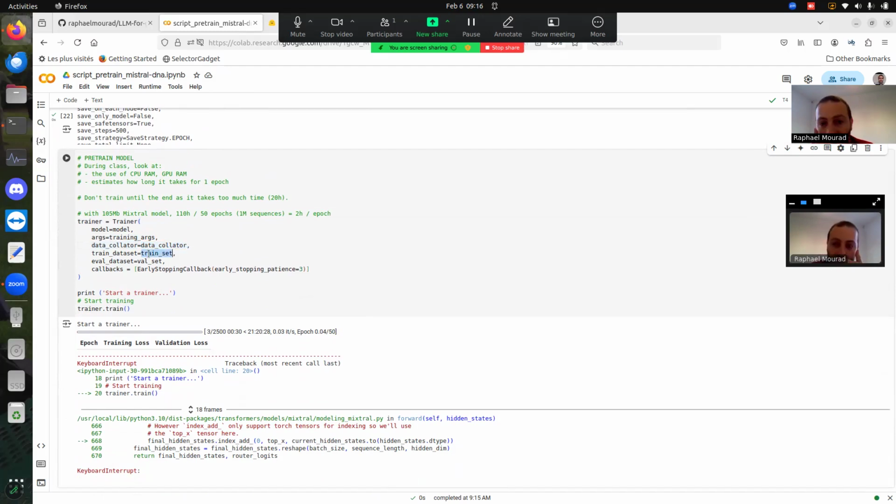Here's the training set. This is the data that will be used for computing the gradient, and the validation set will be the one that is used at each epoch to assess the prediction accuracy. You want to do that on a dataset that is independent from the one that was used for computing the gradient. And this function, early stopping callback with patience equal 3, means that you know that your